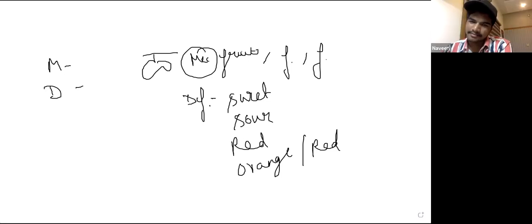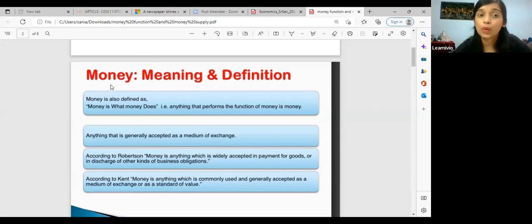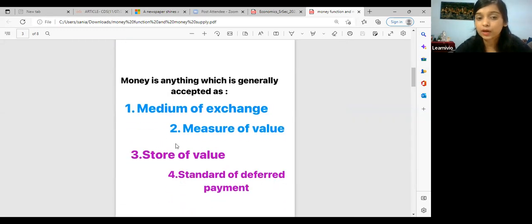So basically, when I ask you what is money, you will tell me the meaning of money. Money is anything which is generally accepted as... There are 4 points you have to include. If I ask you, Naveen, introduce yourself, there are 4 points where you will be telling your name, your class, your subjects, and maybe your hobby. For example, you missed out your name. You started from I am in class 12 and I am a commerce student. That is incomplete, right? The intro is incomplete. Similarly, when someone asks you what is money, these are the 4 mandatory points you have to mention. If you miss out any of the points, for example, you missed out medium of exchange, then your meaning is incomplete.